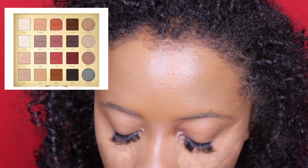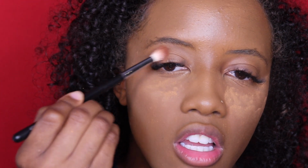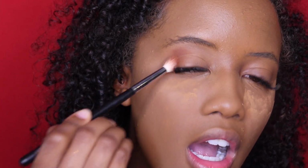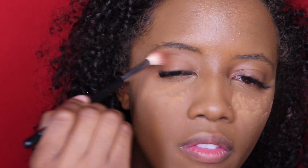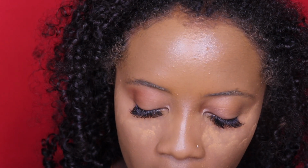I'm going to take this Morphe M441 brush, and I'm first going to go in with this Tarte palette, and I'm going to take the color Whimsy, and I'm just going to take this and place it all along my crease, in the inside and the outside, because I really want this orange to pop. And what I like about this e.l.f. eyeshadow primer is that I can feel that it is working to pick up the eyeshadow, but it's not like